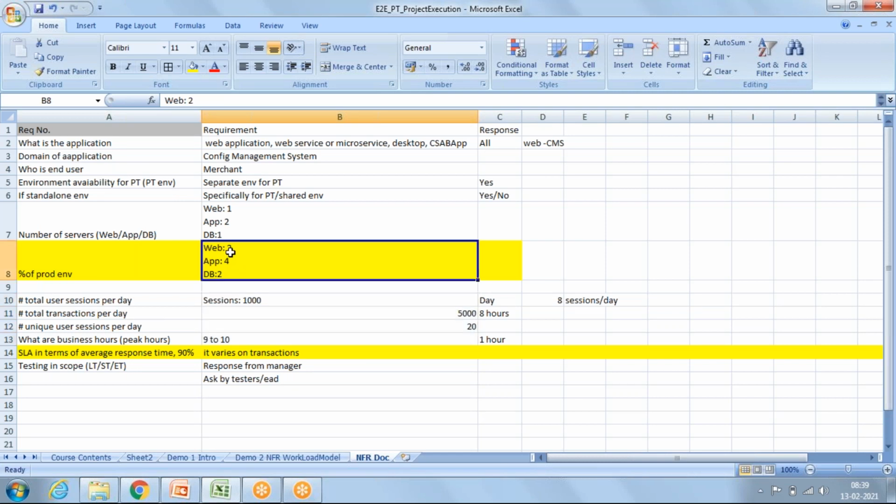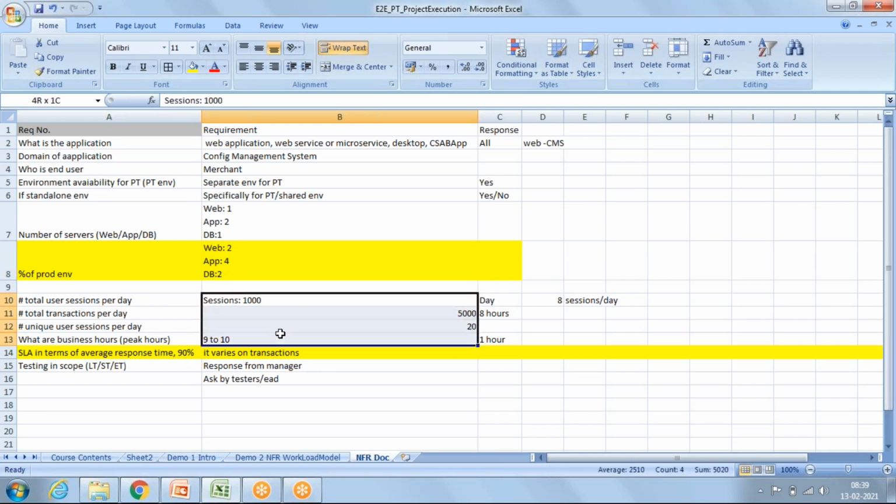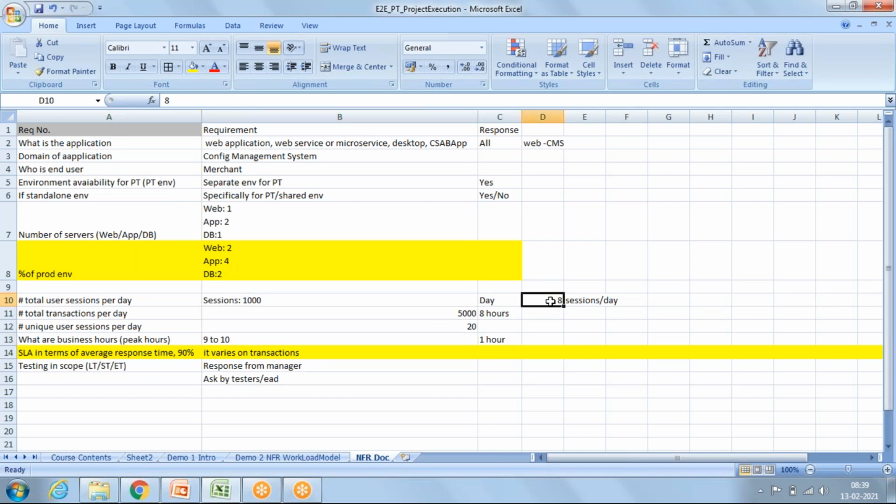Where we have this capacity. Now we have to capture all these things for our peak hours. Like 1,000 transactions are happening in 8 hours. 1,000 user sessions are observed for 8 hours, and 500,000 transactions are captured for 8 hours.